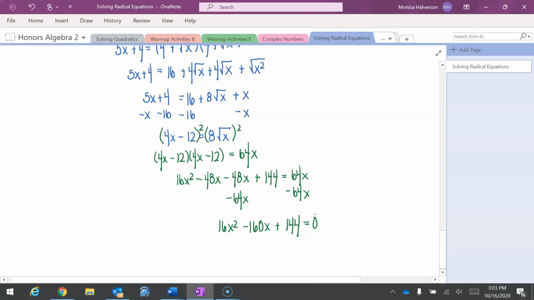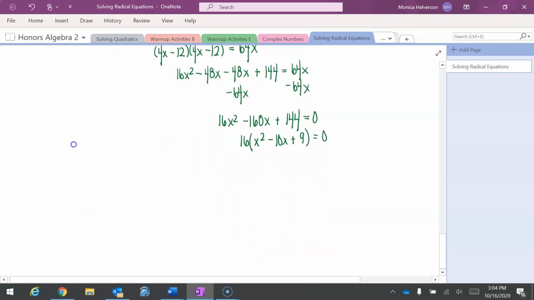Now, we see that there's a GCF of 16, so I'm going to factor it out. And luckily for us, this one can be factored into x minus 9 times x minus 1 equals 0. We're going to set each of these factors equal to 0 and solve and get x equals 9 and x equals 1. But what we still have to do